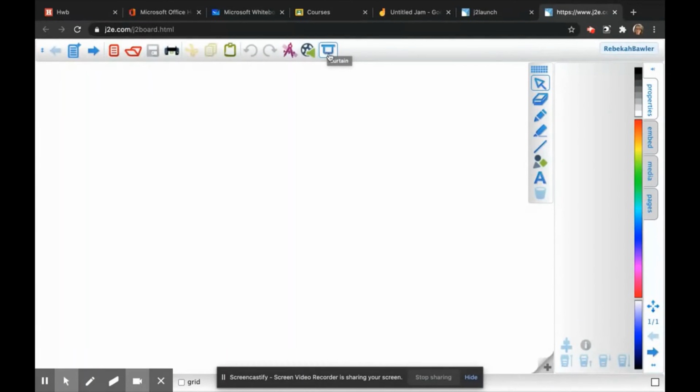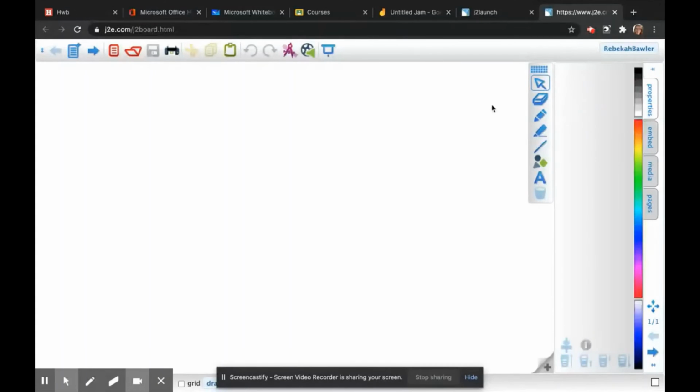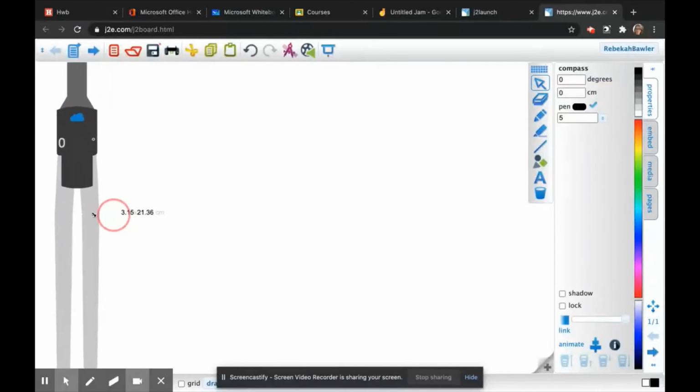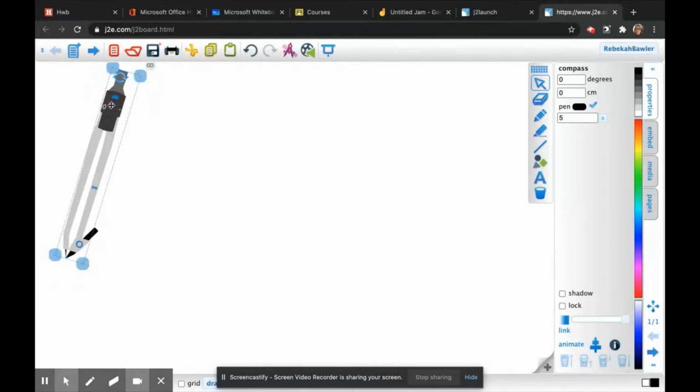Again, this is fantastic if you are sharing this live over remote learning or even within the classroom. You've got noteboards, different ways of saving, and then your main pen, pencil tools down the side and shape tools here. You can change the colours of the pages along the side, and you can add extra pages here and different media within it as well, uploading directly from your own device. It is a slightly more powerful tool, and it gives more options in an easier way. But actually, we could use the compass, and you could zoom in and zoom out and get your students to use the compass, rotate it,